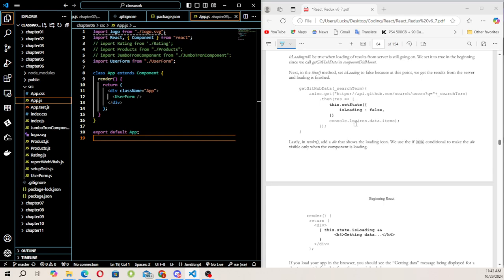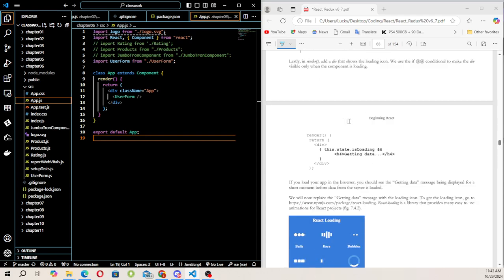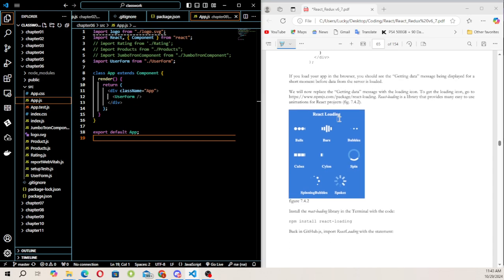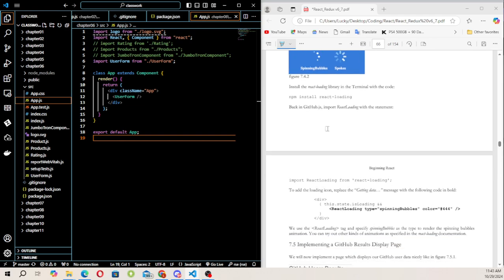And then when it is false, we can add a conditional to make the div visible only when the component is loading, right? And if we load our app in the browser, we should see the getting data message being displayed for a short moment, right? And then for that, we are going to install the react-loading library,